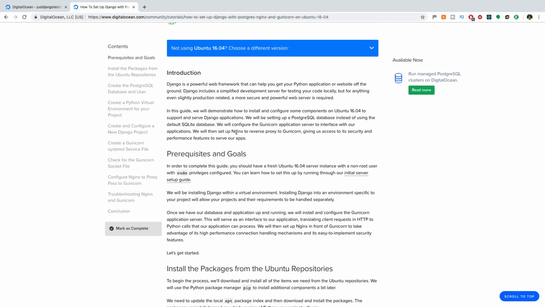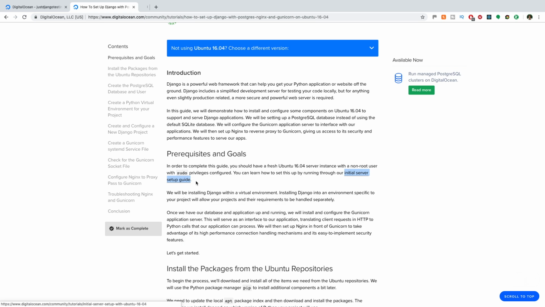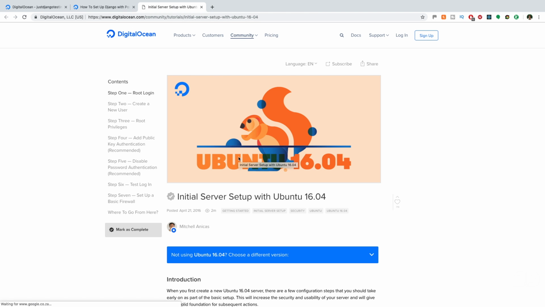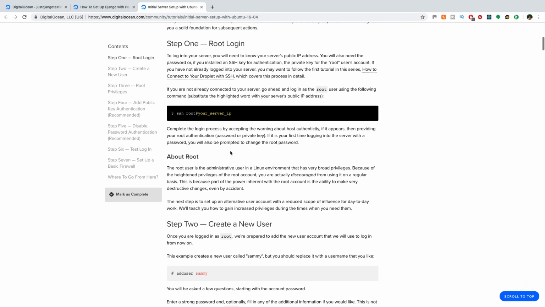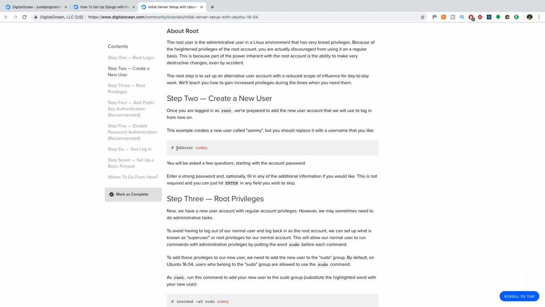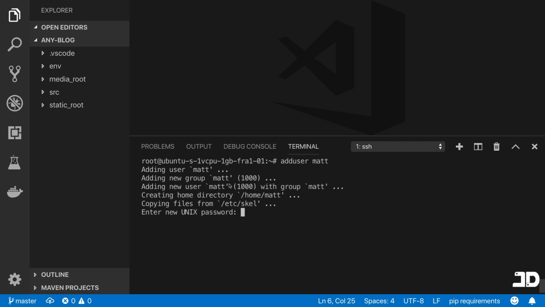So the first thing it says we need to do is create a user that has sudo privileges. So we're just going to click this initial server setup guide, and we'll run through that quickly. And so we can just scroll down here, and we've already SSH'd into our instance. And then we can come here and copy this adduser command, where Sammy is the username. And basically the reason for this is so that we aren't working out of the root user. So we'll just say adduser, and in my case this will be Matt, and then I will add a